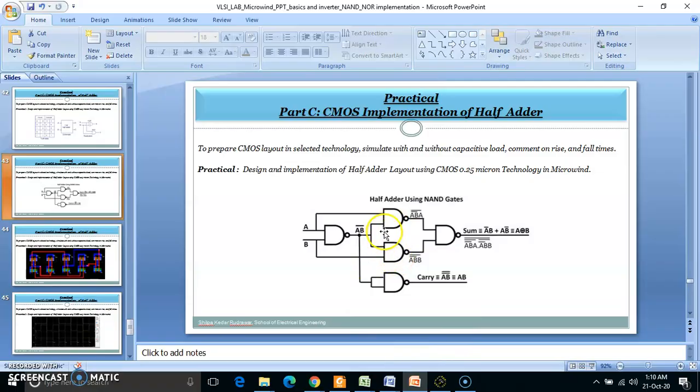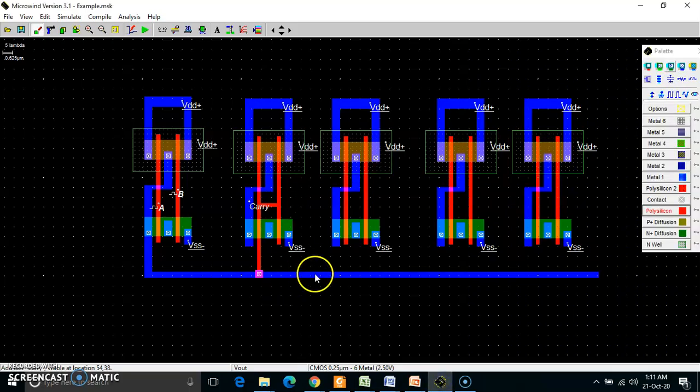After that I need to implement the next point, that is this gate and this gate, where one input is output of this gate and second input is A and B. So same way I need to implement. Output of this is the one input, so I am stretching polysilicon over here at one point, because one input is this output. Again over here one input is this output, and I need to make the connection. So how to make connection? Using this contact. What is this contact? This is the metal poly contact, and that's why I have taken, because this is the polysilicon and this is the metal.